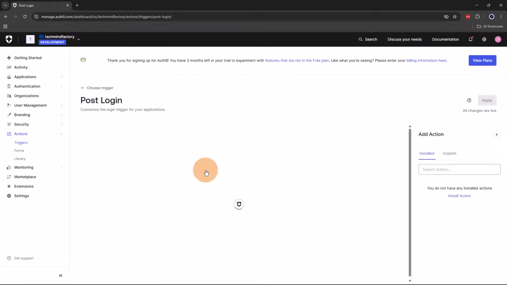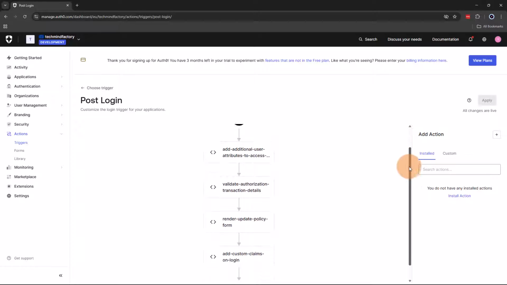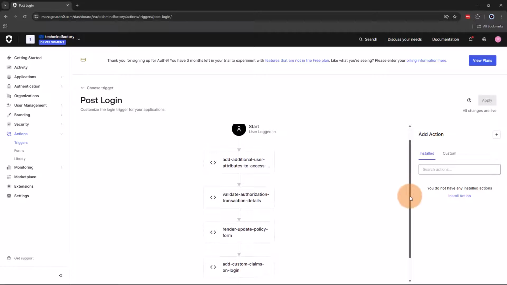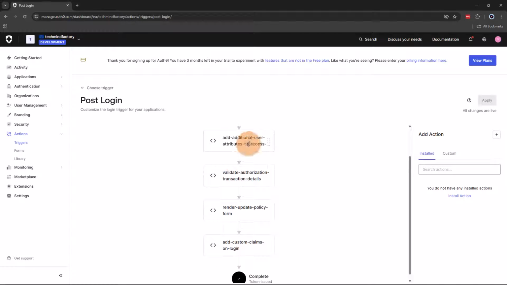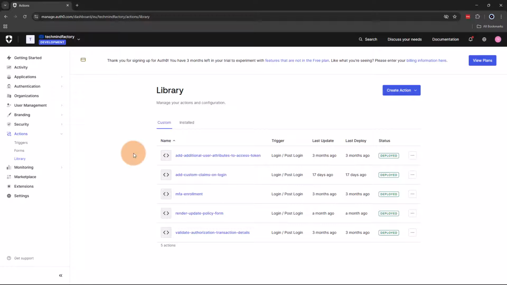Okay, so I will select this one, and as we can see, here is my flow for this specific event. The user is logged in, that's the starting point, and before we issue the tokens to the application, we can add different kinds of actions in the middle here. I have different actions added here, and those actions are defined under the library. If I click library under actions, this is the place where I have all my actions